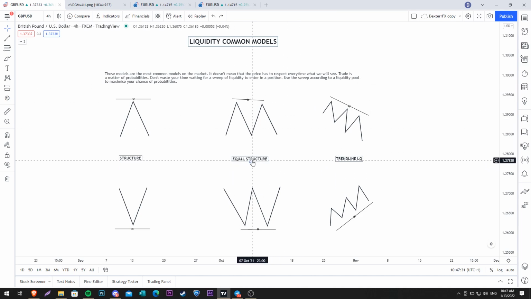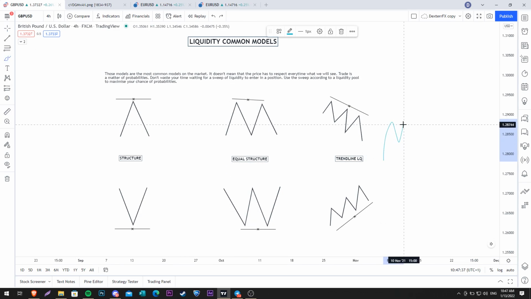So the equal structure, you have to keep in mind that it is relative equal structure, because sometimes you will find perfect equal highs like that, okay, and sometimes you will find really not perfect equal highs or equal lows too, like that, maybe up. This is not perfect, but this is relative equal structure. And in the same way here,